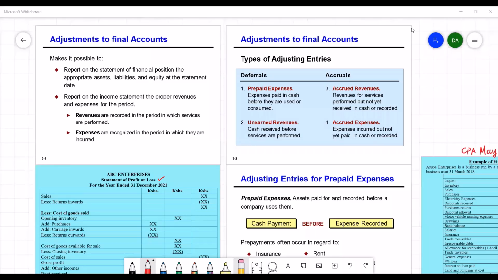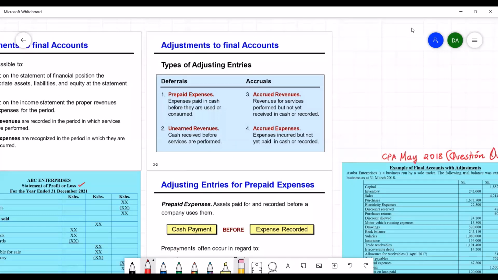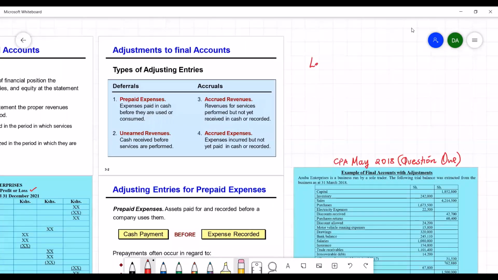In this video, I'm explaining the concept of adjustments to final accounts. I'm going to divide this into two lessons. In lesson one, I'm talking about the adjustments themselves, adjustments to final accounts. And these adjustments to final accounts include